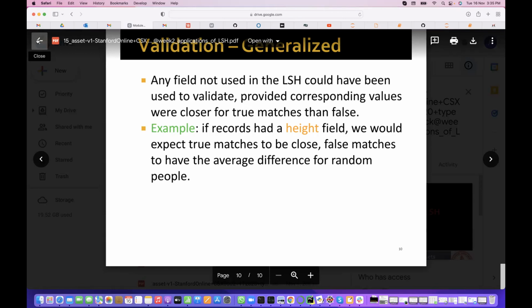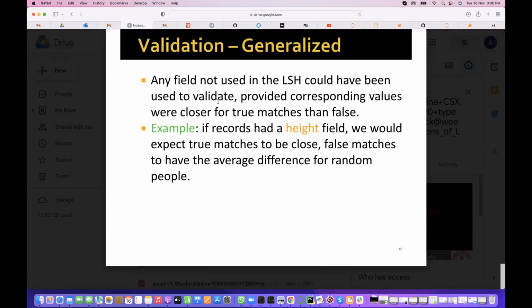So it is simple. The idea of LSH is that if we use good min-hash functions, similar records will fall into the same bucket and dissimilar records will fall into different buckets. But there are also false positives. That's why we cannot straight away take things falling into the same bucket as similar. Again, we need to probe whether they are really similar using external criteria, in the case of entity resolution. In the case of simple document similarity, we will just compute how similar they are and report the similarity.